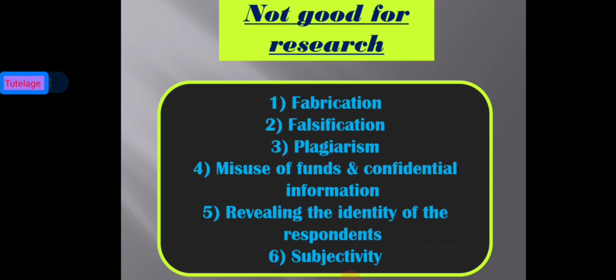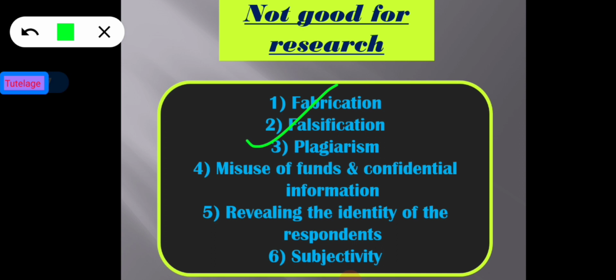Now going to the next one, that is falsification. Falsification means manipulating data or the research process to show results which cannot be claimed otherwise on the basis of the available data. So suppose the data shows there is no association between time spent on video games and performance in a test, but